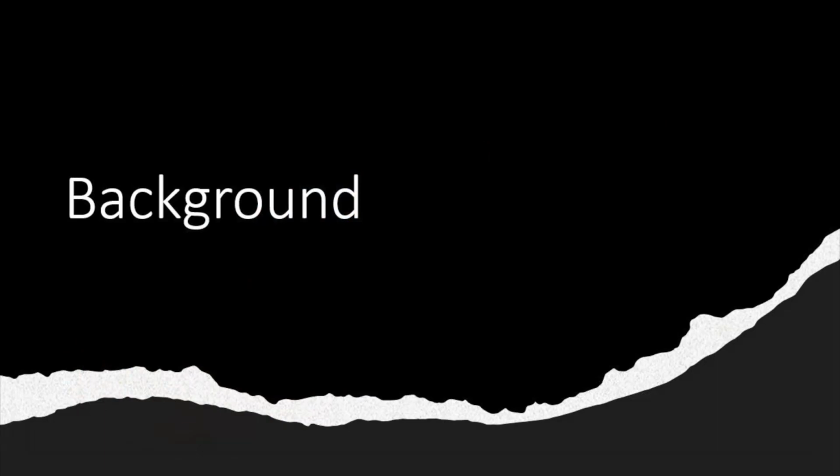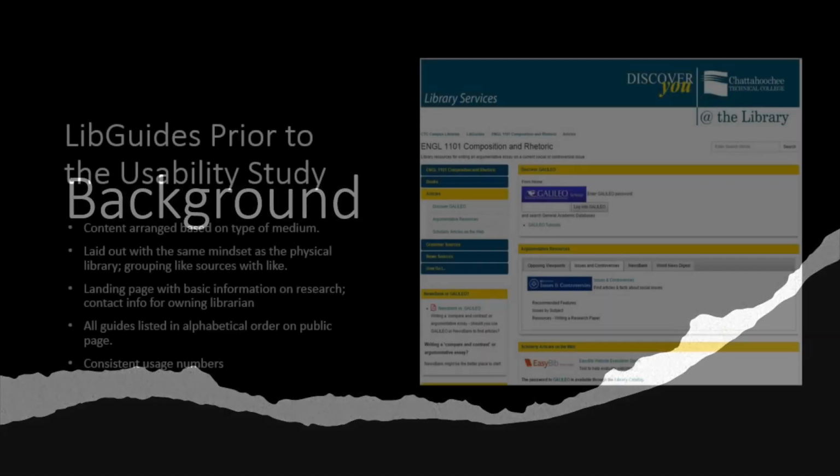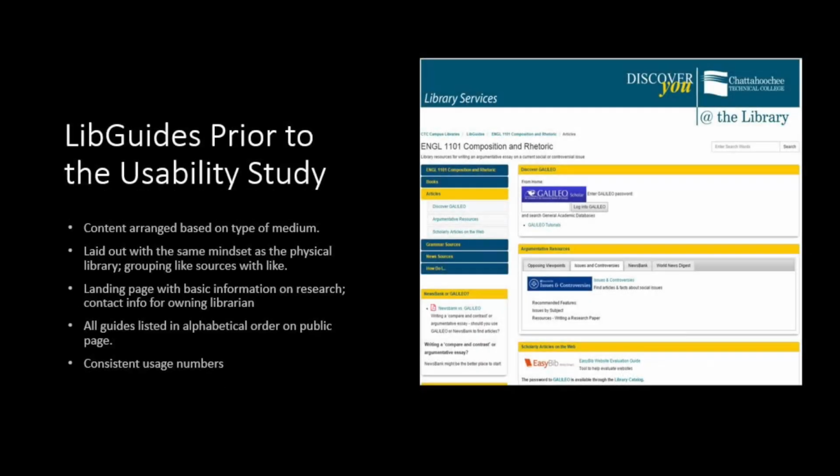As part of our mandate to make available the same level of service to our distance and online students, we made plans to assess if our LibGuides were meeting the needs of those students. The philosophy of our guides had been to arrange the content pages in a similar way to how we arranged our libraries. That is, going like with like and each section distinct.